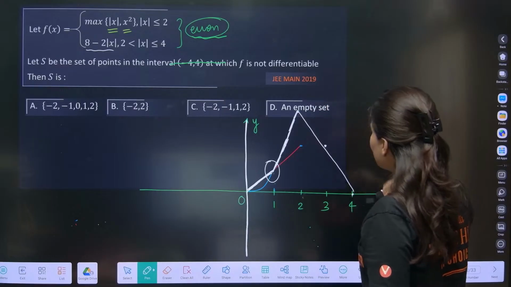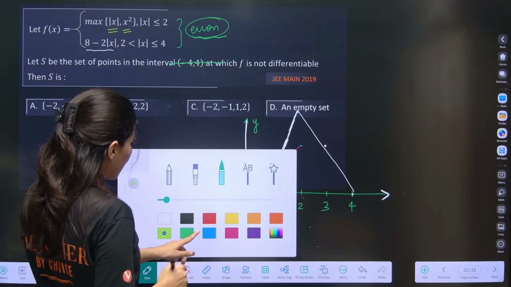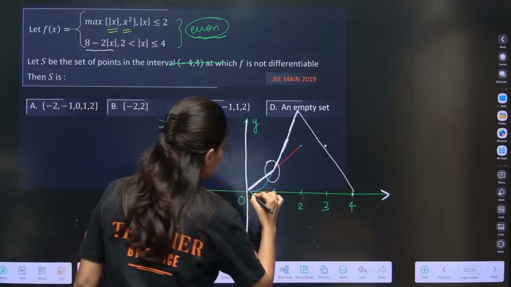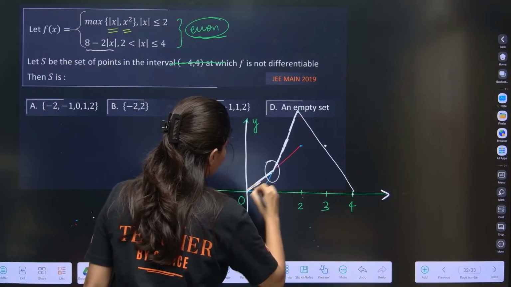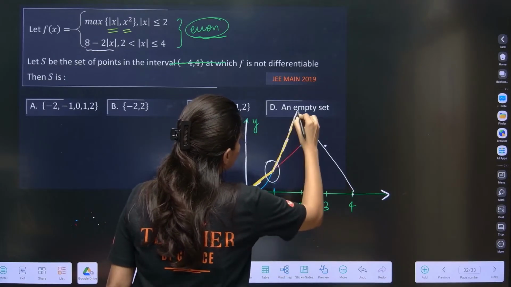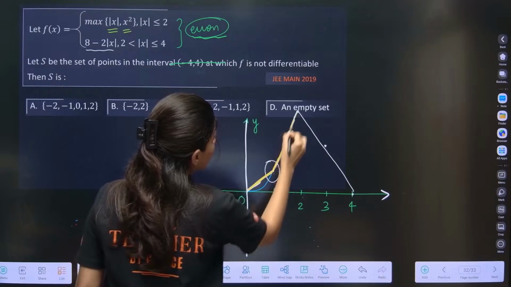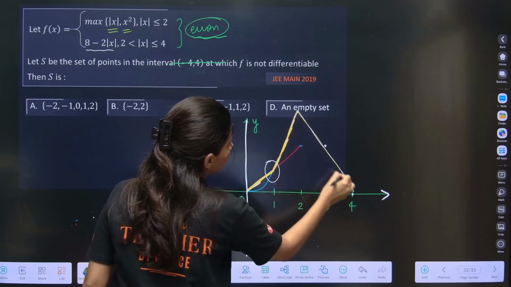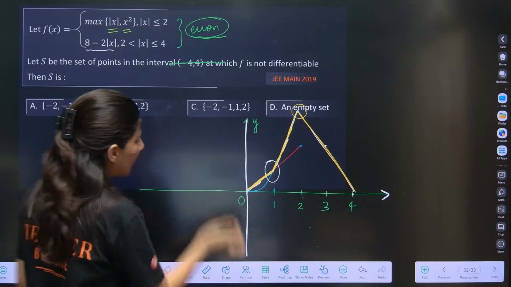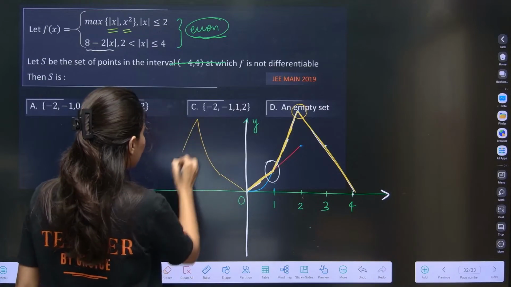So the white color graph which you are seeing is your original graph. And if you want to plot, although it is not required, but just in case you want to plot, let me just increase. So this is the graph. The yellow color graph, no? This, then this. Okay. This is a little curvy. This is not a straight line. This is curvy. And this. So on the right hand side and the left hand side, if you want to plot, it will look like this. Then it will look like this. It will come down. Symmetry.